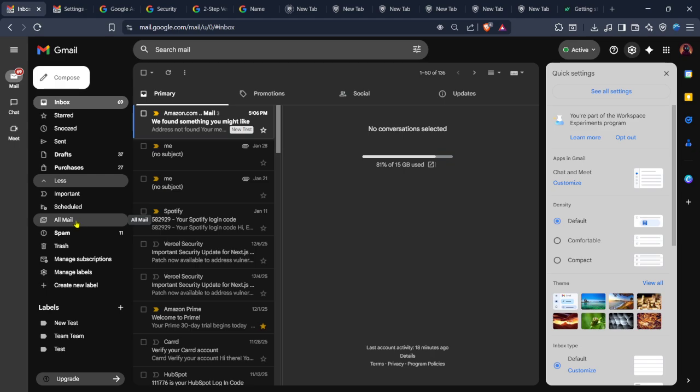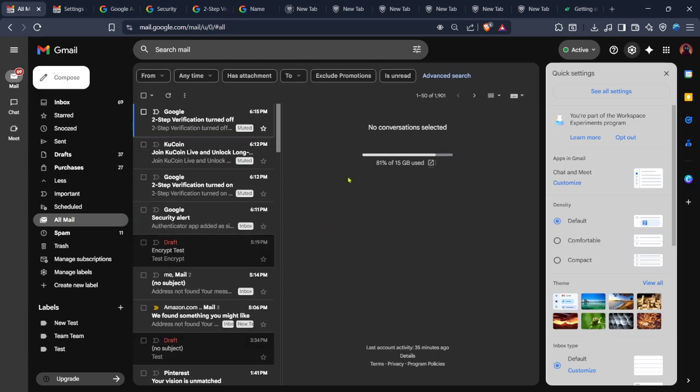Now that the menu is expanded, I'm going to look for the folder called all mail. This folder shows every email in the account, including archived and muted conversations. So I'm clicking on all mail. Once that opens, the center of the screen refreshes, and now I can see a full list of messages from across the account. This includes emails that may not be visible in the inbox anymore, including conversations that were muted